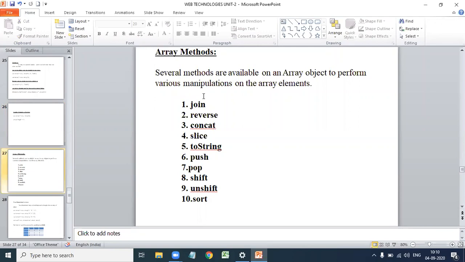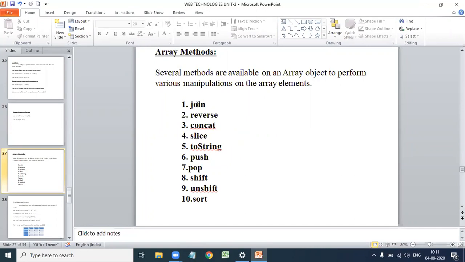First one, join. This join method is used to convert the array elements into strings and join them into a single string separated by the specified string. First it converts the elements into strings; if an array element is a number, it is converted into a string.